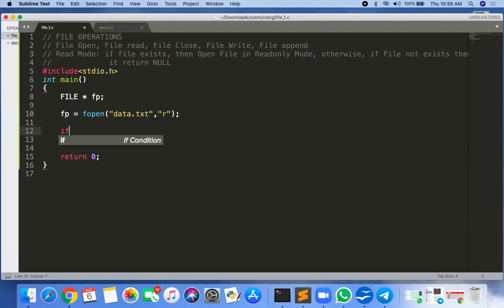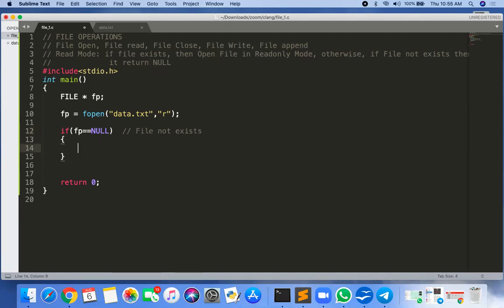So we need to check first: what is fp? If fp equal to null, then what to do? What is the meaning of fp equal to null? File does not exist. Okay, if the file does not exist, then fp is null.